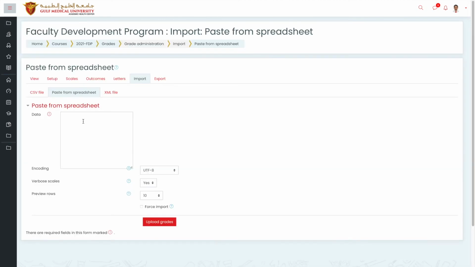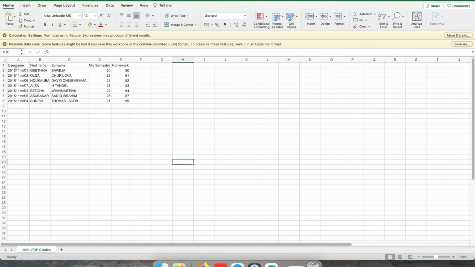This is not a bad method, but I really recommend the easiest method. What I have seen is pasting from an Excel spreadsheet. The reason is you don't need to create an extra file. The only thing you need is an Excel sheet. The first row in Excel should be the header, that is the username, the name, and then the item name or item identifier, like most probably mid-semester or homework or assignment, that should be given